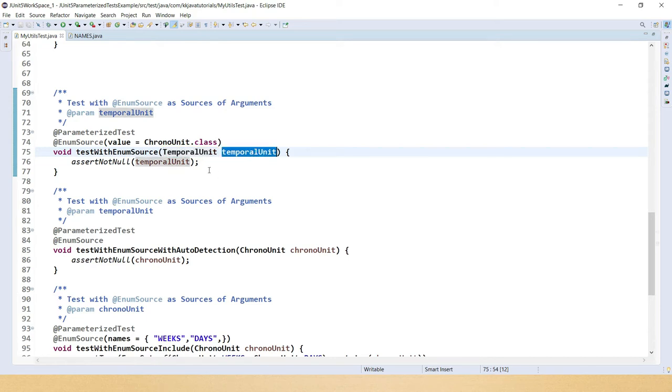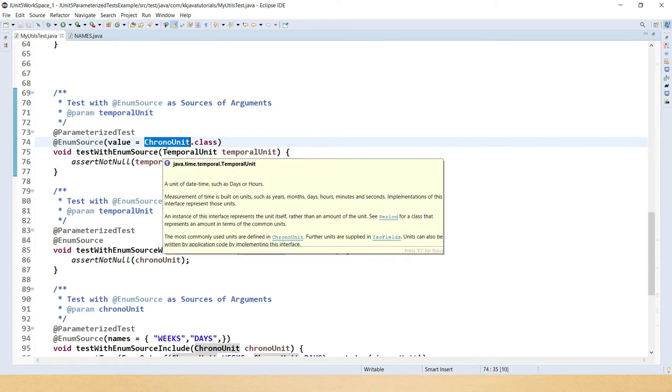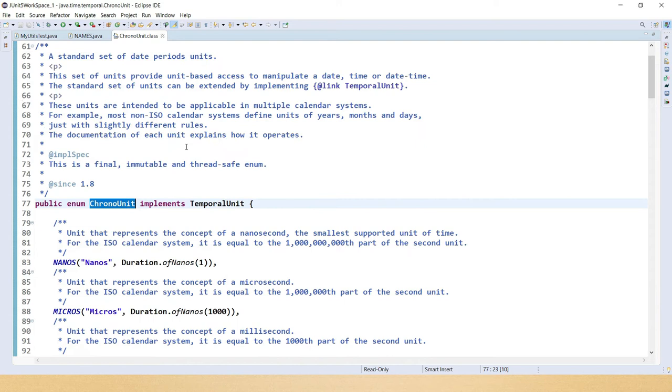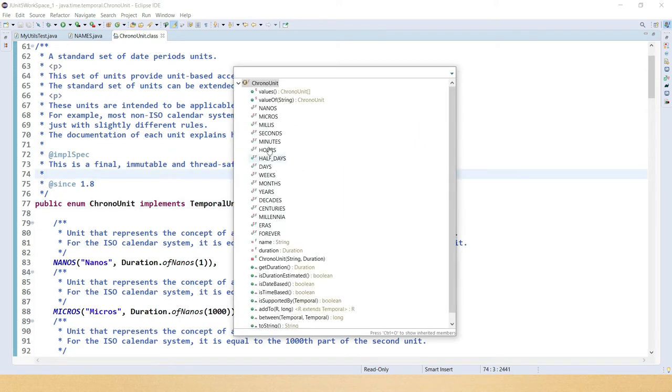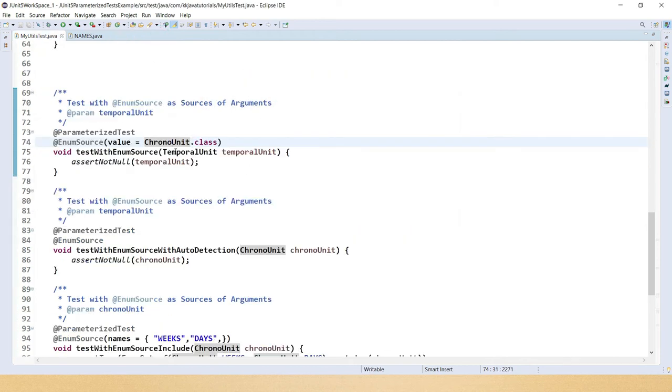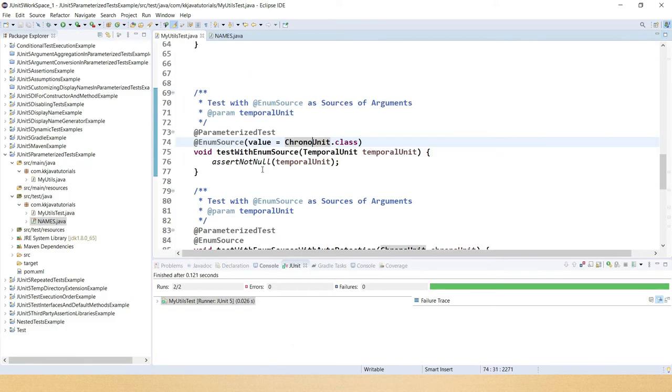But here I am not doing any kind of calculation, I am just checking how many times this test case is executing for this TemporalUnit when I provide this as a source, right? This has almost 16 constants, so this test case is going to execute 16 times. Let me show you.